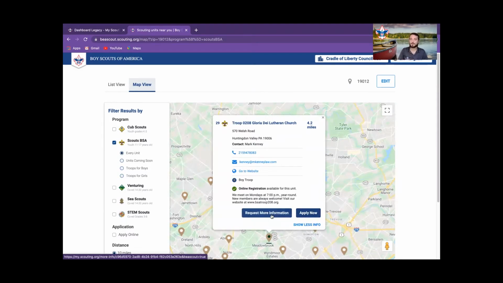If you've been watching the earlier videos in this series, you'll have heard us talk about the Invitation Manager and the Application Manager on my.scouting.org, and that's where these two different buttons direct to. So Request More Information opens up a form that the family can fill out where they can let the unit know who they are and what they're looking for, and then they can also ask any questions that weren't answered just through the information here on the unit PIN. And then the Apply Now button pulls up the online application, which we talked about in the last video, and that will send that straight to the application manager on my.scouting.org. So super convenient website,